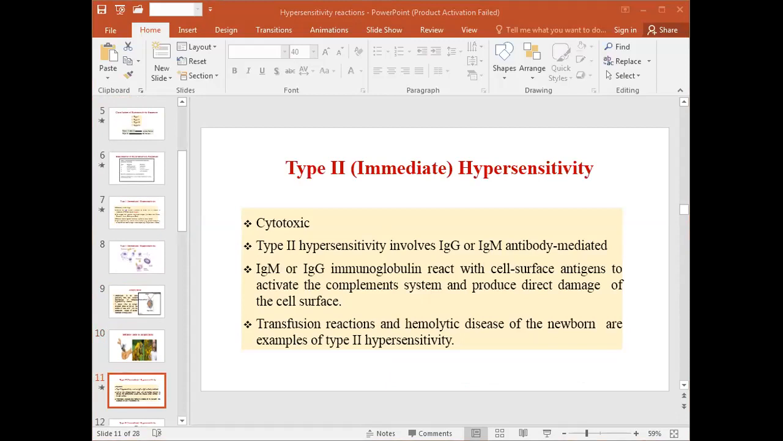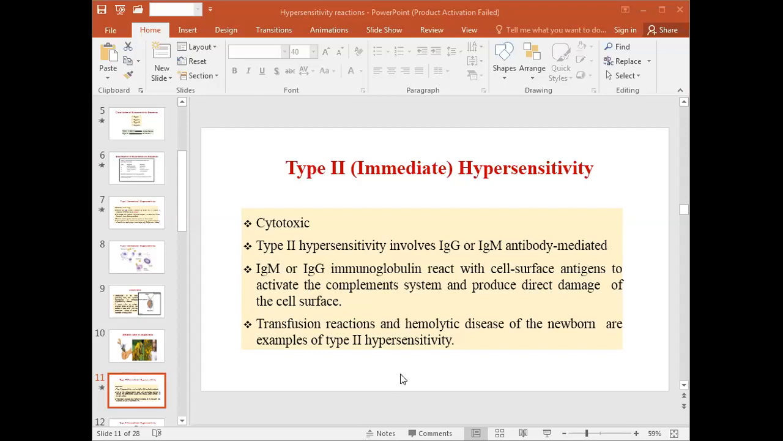Here you will see that type 2 hypersensitivity reactions are categorized as antibody-mediated reactions, where IgG and IgM are taking place. So both the antibodies are functioning as mediators. Here, IgM and IgG immunoglobulin react with the cell surface antigen to activate the complement system and to produce direct damage of the cell surface. Examples are transfusion reaction, hemolytic disease of the newborn, and erythroblastosis fetalis. These are the examples of type 2